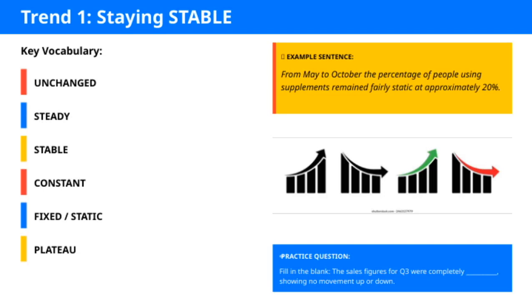Now let's look at this fill-in-the-blank question. It asks us to complete the sentence. The sales figures for Q3 were completely, showing no movement up or down. The key idea here is that the sales remain the same without any increase or decrease. When we describe such a situation, we often use words like fixed, static, constant, stable, steady, or unchanged. These words all convey that there was no fluctuation or variation in the data. In this case, the best choice is stable, because it clearly communicates that the sales figures stayed consistent throughout the